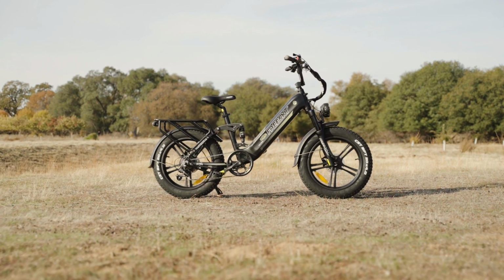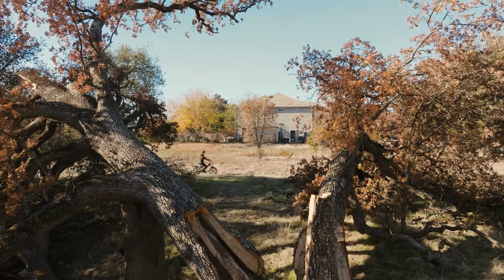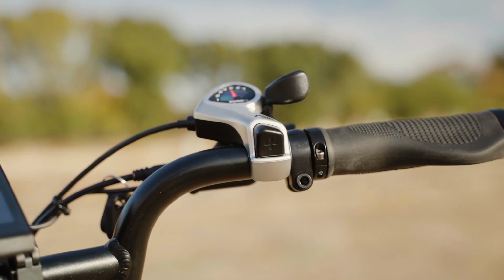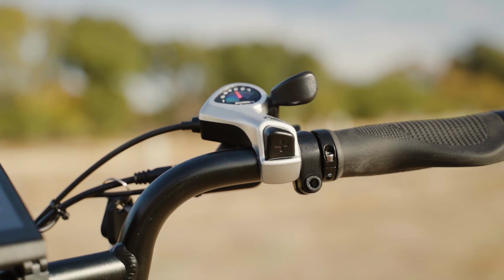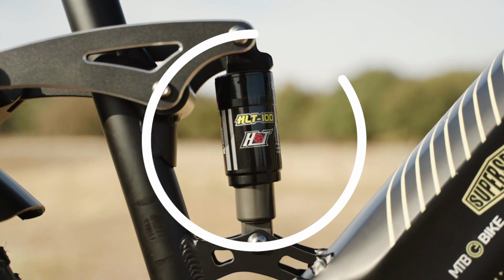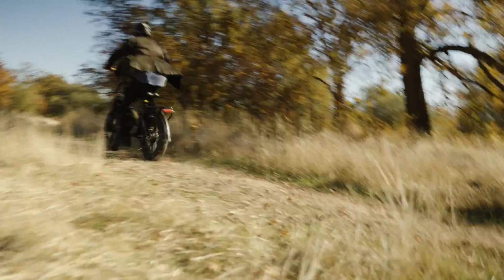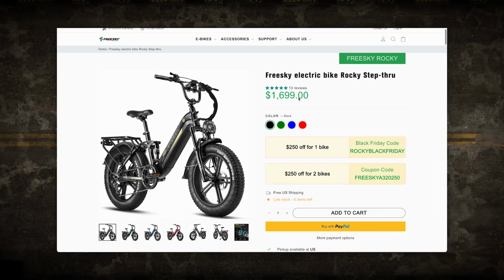The Freesky Rocky Step-Thru is an approachable, easy to ride, fat tire e-bike with high quality components and a surprisingly capable, trail-ready design. This full suspension chariot is ready to tear into the tree line and come out stronger on the other side. The Rocky Step-Thru has a starting price of